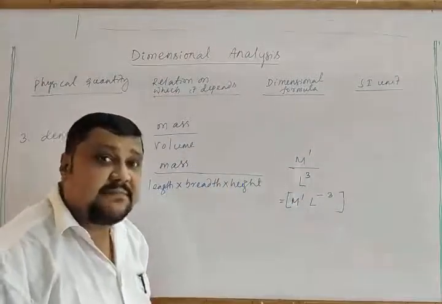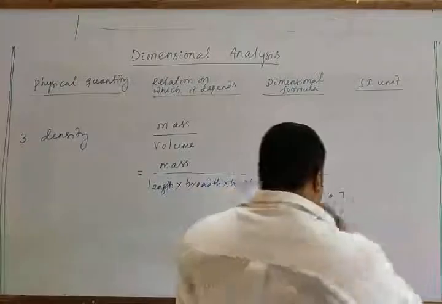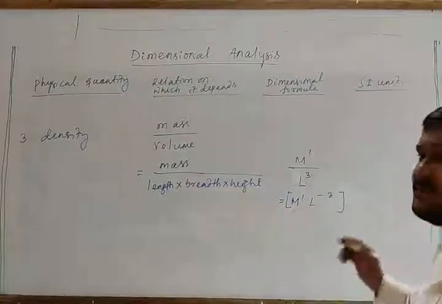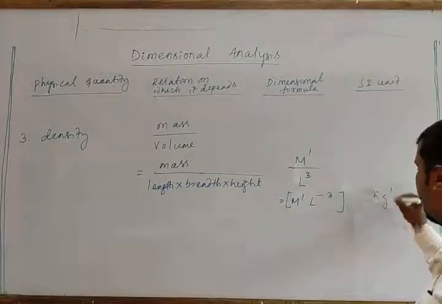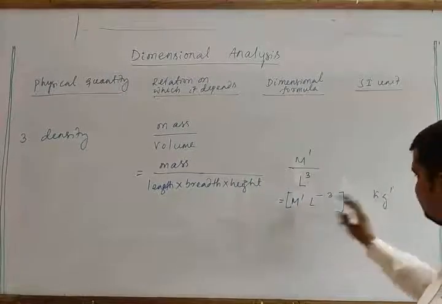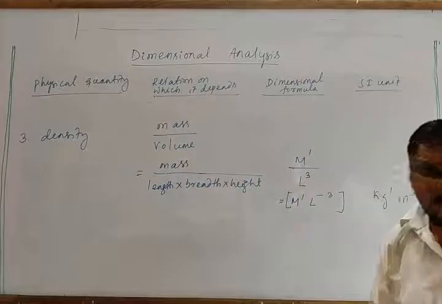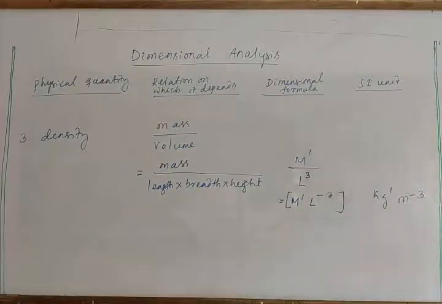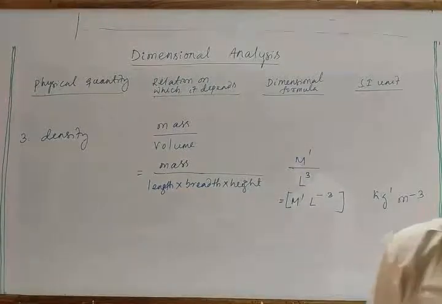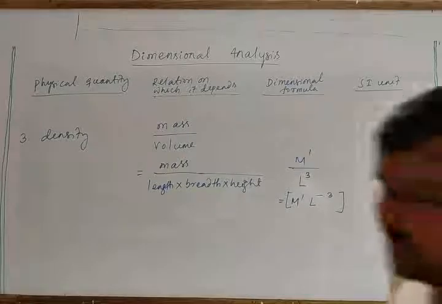You will say like that. Dimension means, right? And its SI unit is what? For mass, the SI unit is what? kg to the power 1. For mass it is kg^1. For length, meter to the power minus 3. Right? So this is the SI unit for density. Clear? This is also called the mass density. Clear? Then we will go